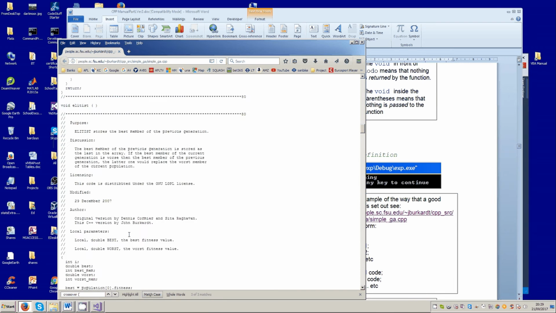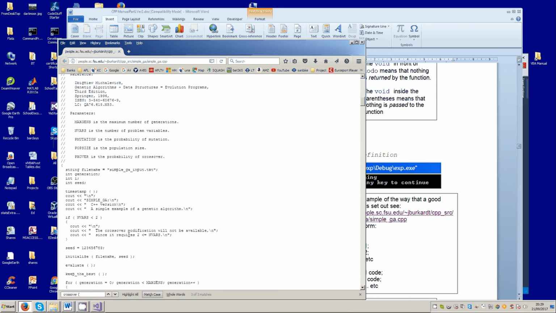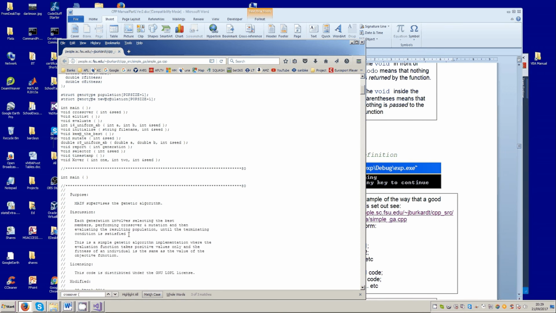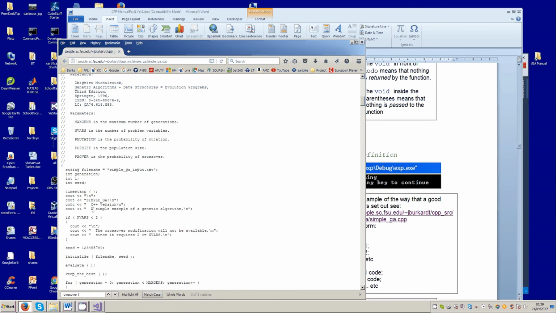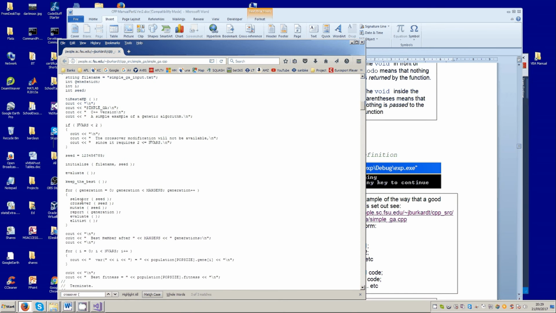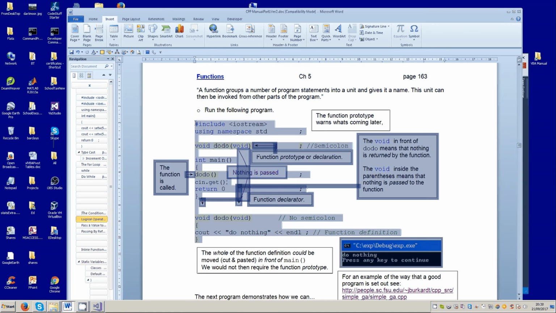So if you can see where it's actually called from main, you can just have a series of these. Do this, do this, do this, and it makes your code a lot more readable when you compartmentalize it into functions. Let's try and write our own function, and I'll just take the code from my manual and see if